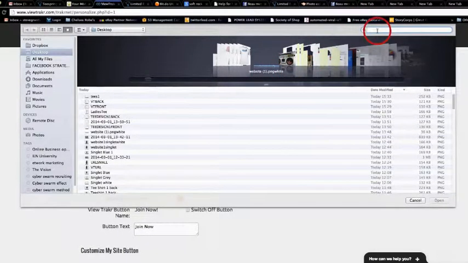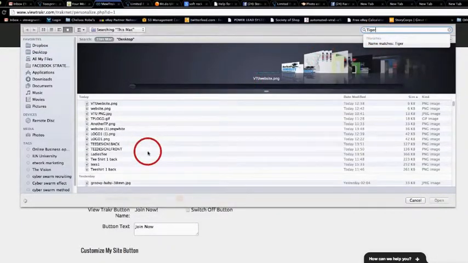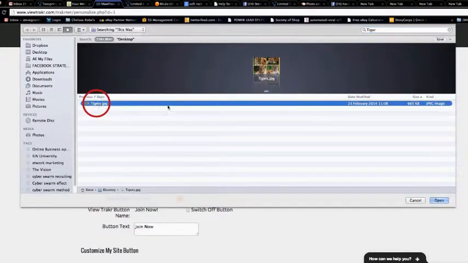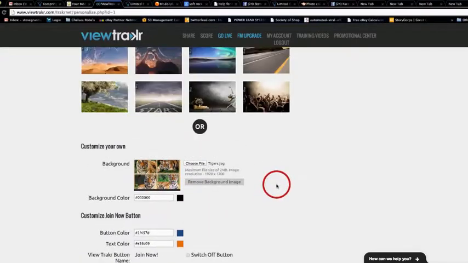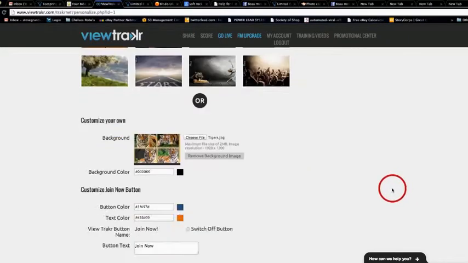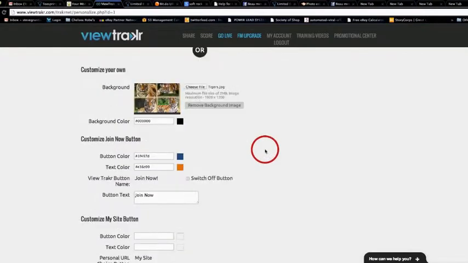And I've got one selected. Type in tiger. There it is. Click on there, open it, and there is the image there. So what will happen is that will replace this wallpaper when I basically save the changes, but I haven't finished yet. I still need to do some other